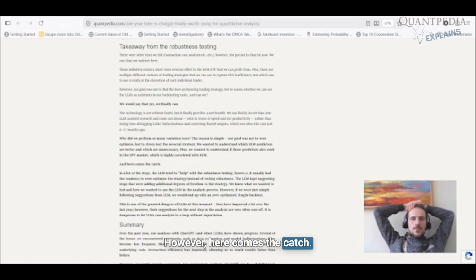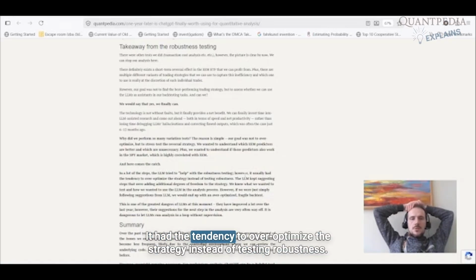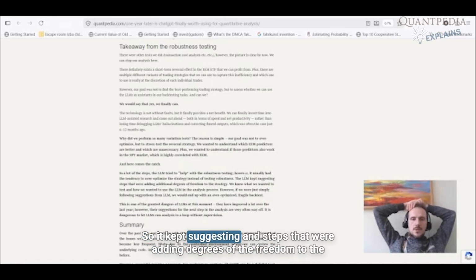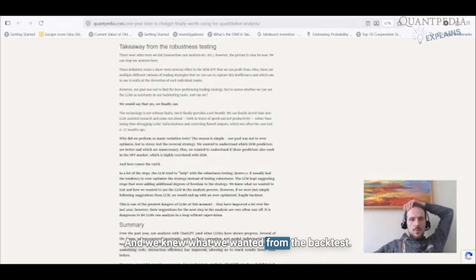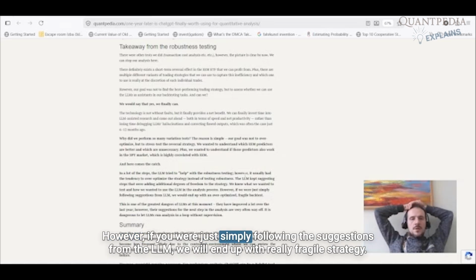However, here comes the catch. In a lot of the steps, the LLM tried to help us with the robustness testing, with anything. It had the tendency to over-optimize the strategy instead of testing robustness. So it kept suggesting steps that were adding degrees of freedom to the strategy, more filters, etc. And we knew what we wanted from the backtest. However, if you were just simply following the suggestions from the LLM, we would end up with a really fragile